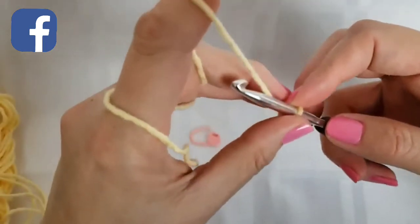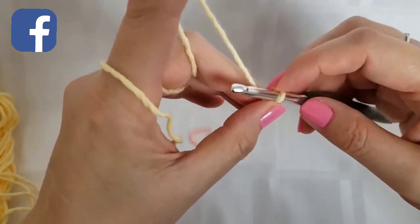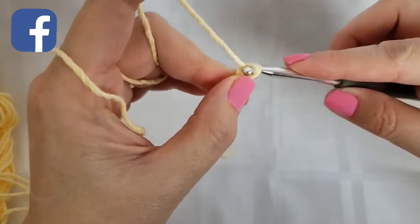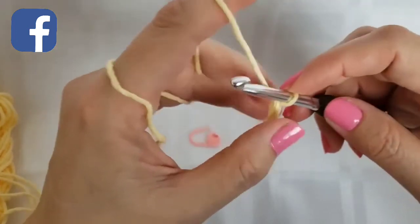Okay, so first we need to create a chain that we're going to work with. I'm going to do a chain of, I think, 13, so that I can have 12 stitches across. So you yarn over, and then you're going to pull it through that loop. And then you do it again, yarn over,